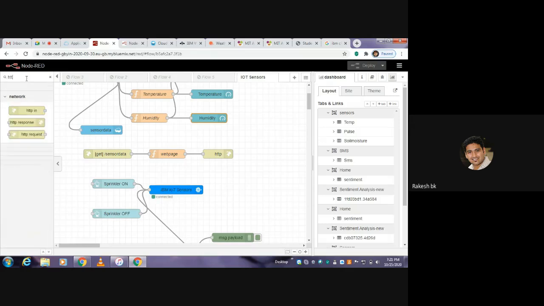The HTTP request will request the cloud database where the sensor data is stored, to reflect onto the web user interface. I'll drag it down and connect it to the HTTP input.